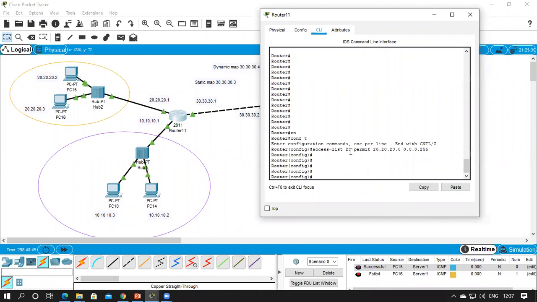So we'll create the access list 20. So from where to where, this is the network ID. And this is the mask. So it means from 0 to 255, which belongs to this 20 network, all have the permission. So now we're going to map this access list to the global address, that is only for the IP address.